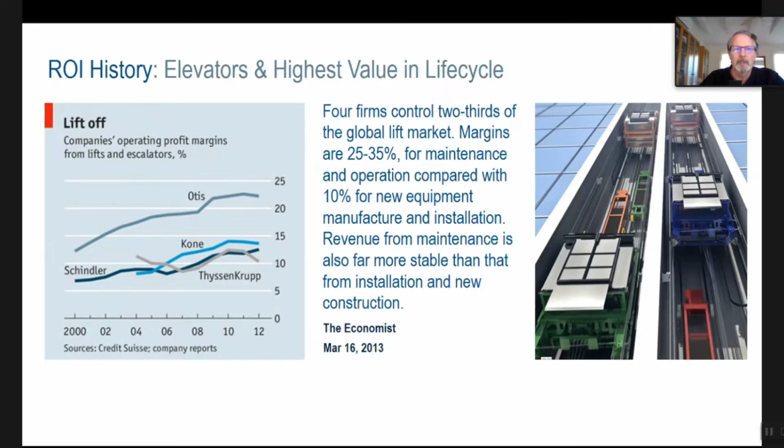The other thing that's important is that the maintenance and operation revenues are steady year over year based on how big your portfolio is. Whereas the revenue from construction work is cyclical. Every 9 or 10 years, you know, the bottom falls out of the market, projects stop, and the manufacturing business, with its poor profit margin, also has poor revenue overall. So because of stability of revenue, attracting stock market investment, and for increasing services revenue that can be created, this is one example that's been around a long time of what I'm going to talk about in a minute as the sharing economy.